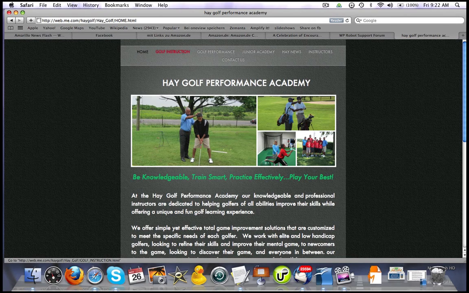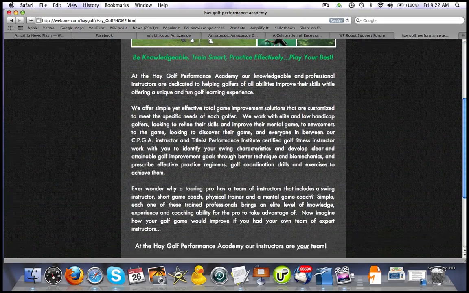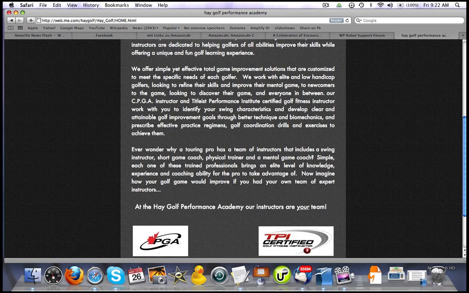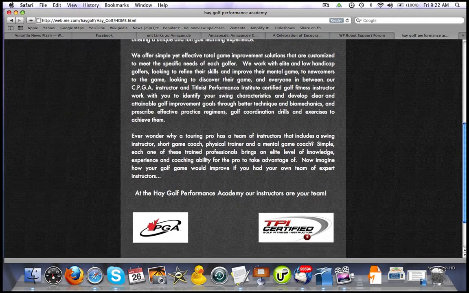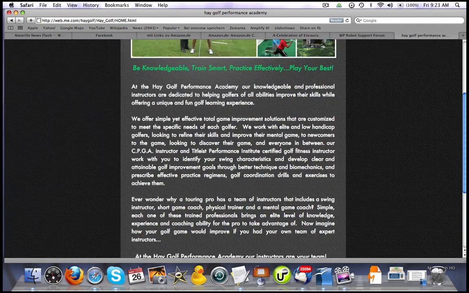You break this up and make sure that it's readable and that people can actually find at a glimpse what they're looking for. These images here are not clickable. I can't go to a PGA page. I can't click on this to find out about TPI certified. What you might want to do is to click on there, and then you're going to either go to the PGA page or you go to information about Gary and his PGA qualifications, and from that page go out to the PGA page. So you might want to click here and have it link up to